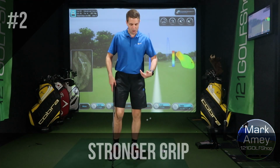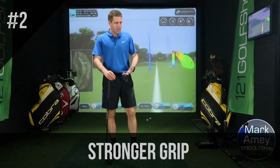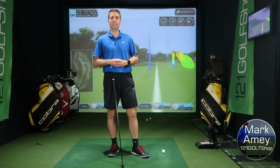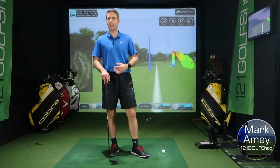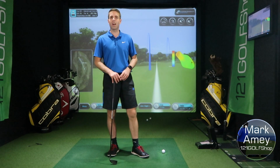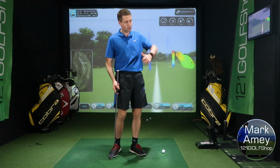Number two, if we struggle for that big turn, which not everyone's going to be able to do, you're not necessarily just going to have one physical restriction. Normally there's two or three things on the go. So you've got a bad shoulder, bad knee, bad hip, various different elements that are potentially going to restrict that big turn. So the next thing to do, if you've got that difficulty with that shoulder, is to make the